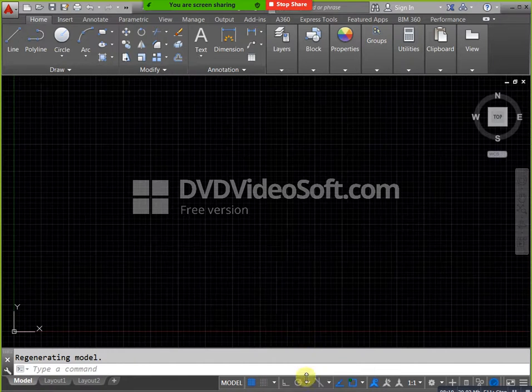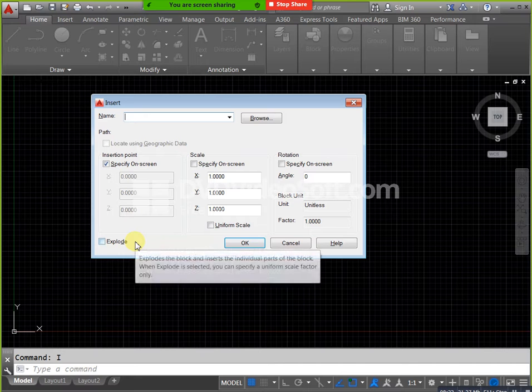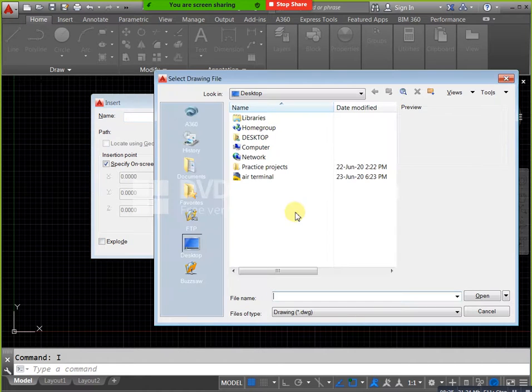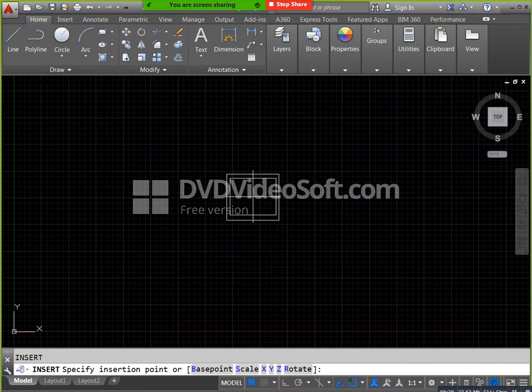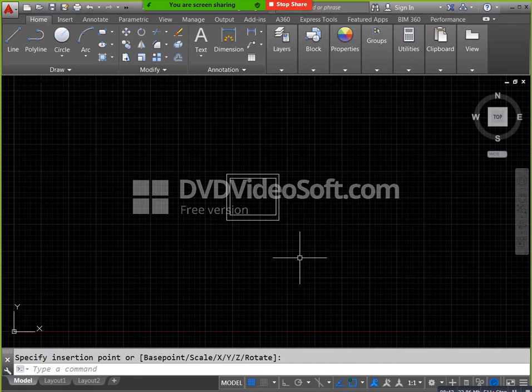Now you can click on browse. Now we know the file location, so go to your file location. If you have C drive, you can go in C. If you have D drive, you can go in D, select your file and click on open. If you need any orientation, you can apply orientation and click on OK, and place it where you need it. Okay, this is the write block. We can use it any time, after 6 months, after 3 months. If you need it in new projects also, that is applicable.